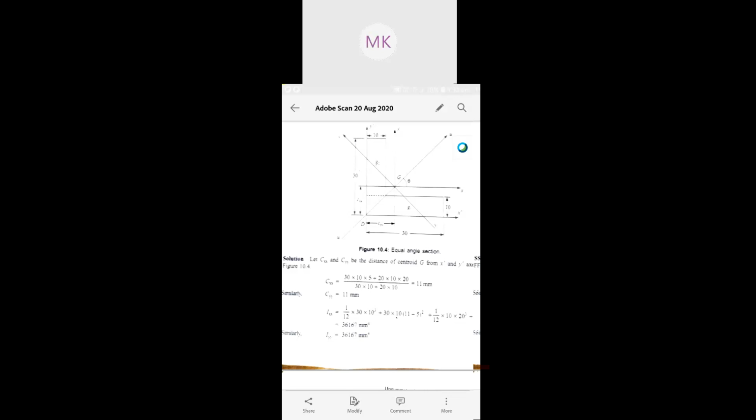Similarly for X2, you see that half from below to the topmost portion of the section. Total is how much? Below 10 plus above 10, so 10 plus 10 is 20, and half of that. Are you able to understand this? Please let me know. Can you repeat, sir? Okay, once more.